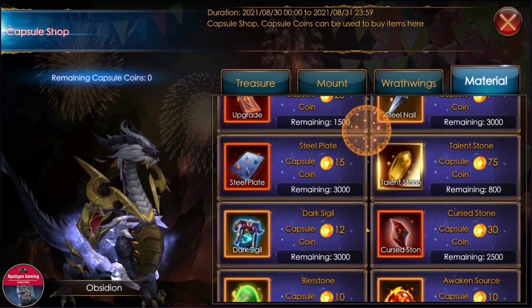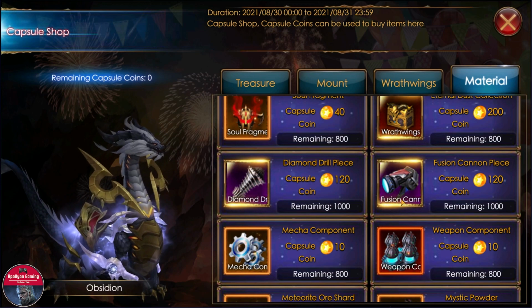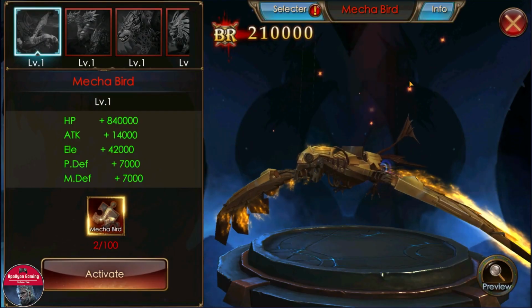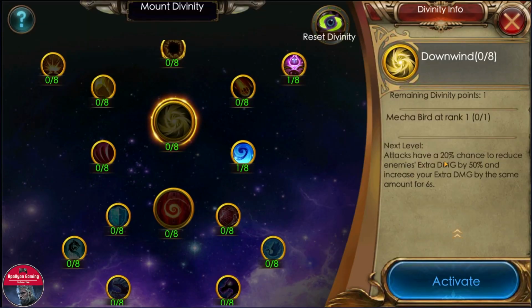And now let's go and review all these mounts, the ones that we have here on Capsule, and I will give you my honest opinion on them, if they are good or not, or if they are skippable. So first off, we have a Mecha Bird here, a red mount, and when it comes to its divinity, attacks have a 20% chance to reduce the enemy extra damage by 50% and increase extra damage by the same amount. So this mount is actually good for the activation,